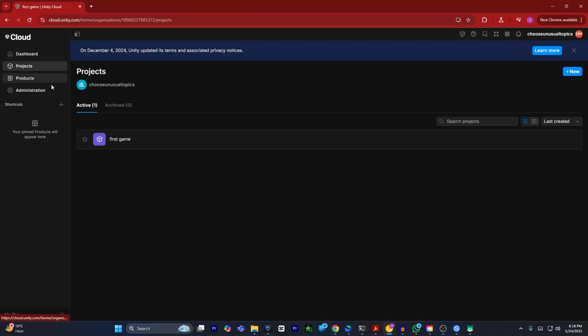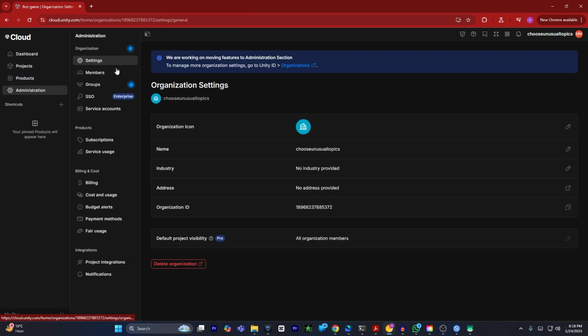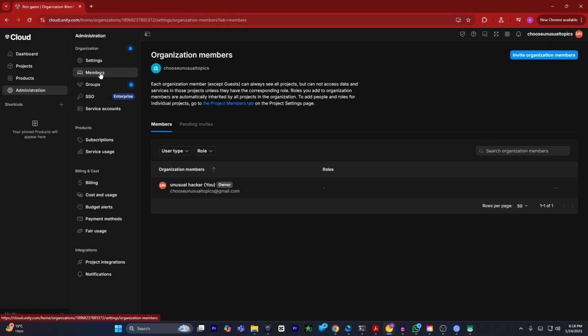Now, to share your project, what you can do is go to administration, click on it, and from here you will be able to see some options. You have to click on members. Now, in this member section, you have to invite a person into your organization so they can access your project files. So in how to invite them, first of all, what you have to do is go to the top